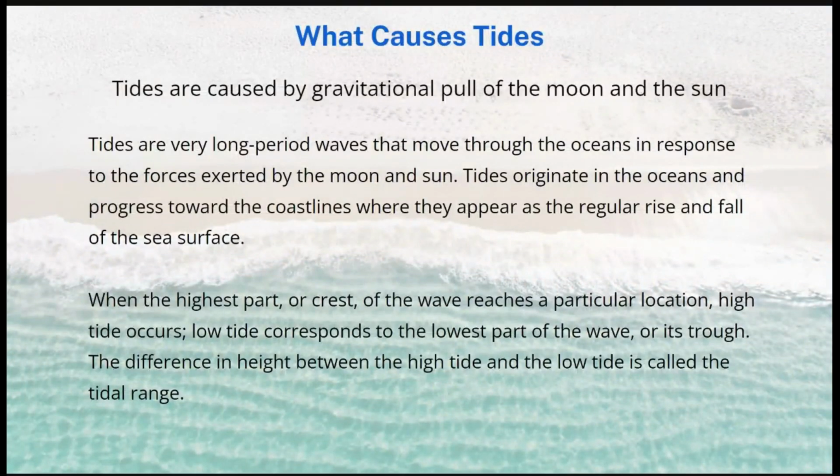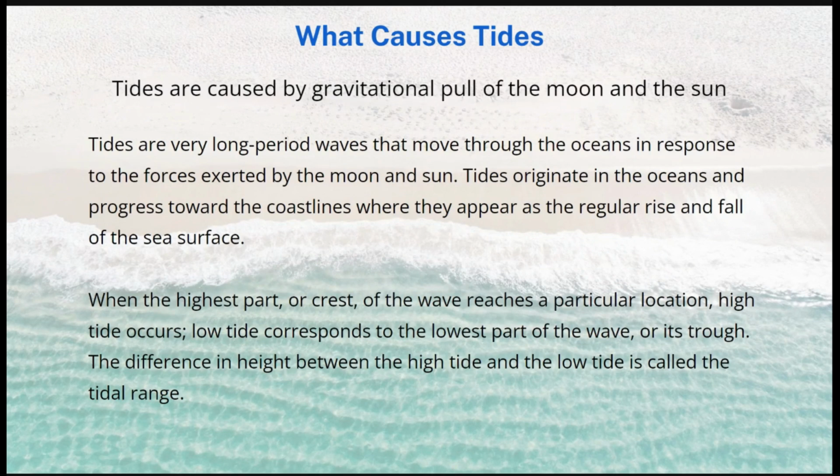So tides are caused by the gravitational pull of the moon and sun. It's affected more by the moon than the sun, but there is some effect by the sun. So tides move in conjunction with the phases of the moon, and we're going to see peaks at full moons and new moons,